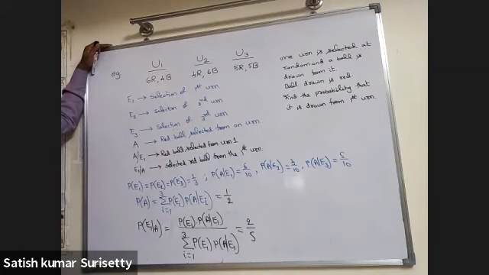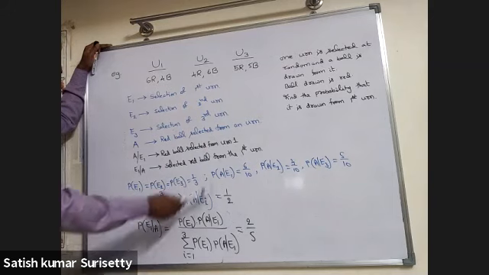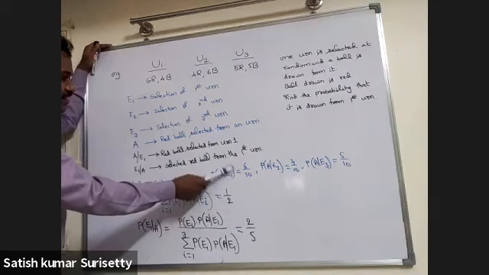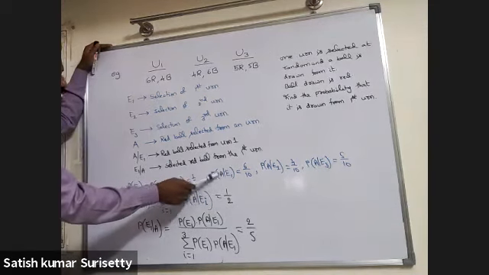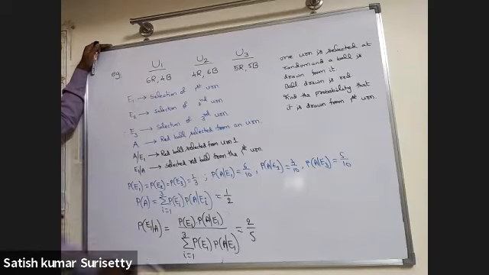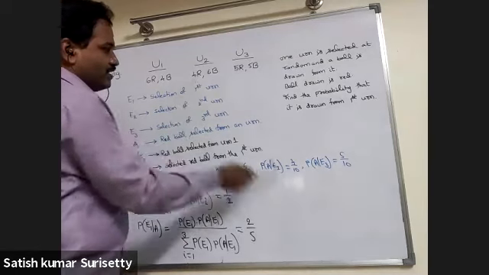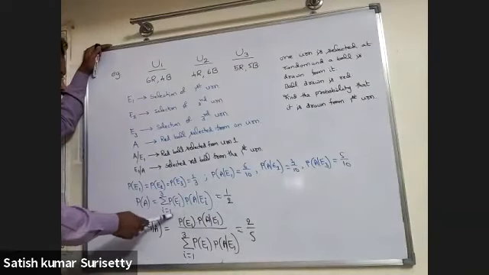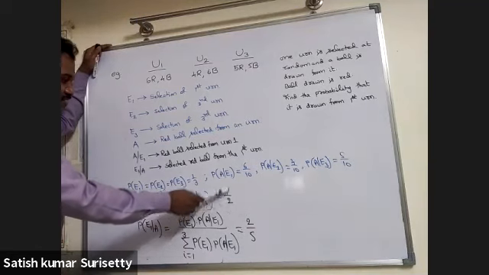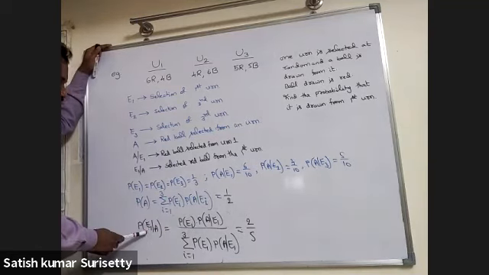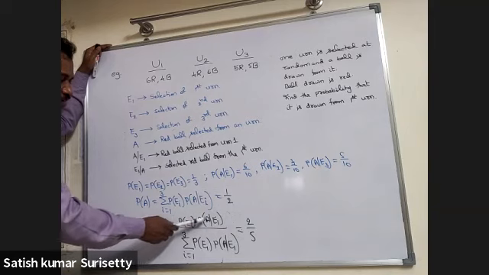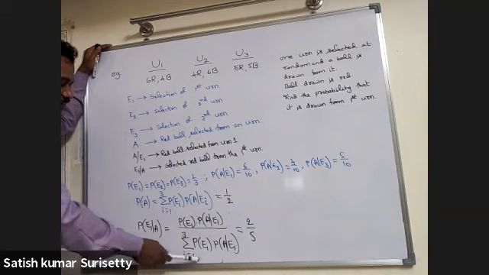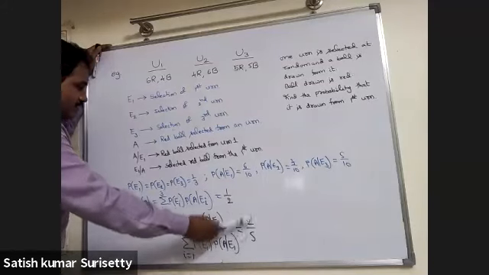Now, as per the question, we need to calculate probability of E1 given A. So, probability of E1 is the same as probability of E2 is the same as probability of E3, equal to 1 by 3. And probability of A given E1, that is when urn 1 is selected, the probability of getting a red ball, is 6 upon 10. Probability of A given E2, 4 upon 10. Probability of A given E3, 5 upon 10. Probability of A, sigma i equal to 1 to 3 P of Ei into P of A given Ei, is 1 by 2. Next, probability of E1 given A equals probability of E1 into probability of A given E1 upon sigma i equal to 1 to 3 P of Ei into P of A given Ei, which is 2 by